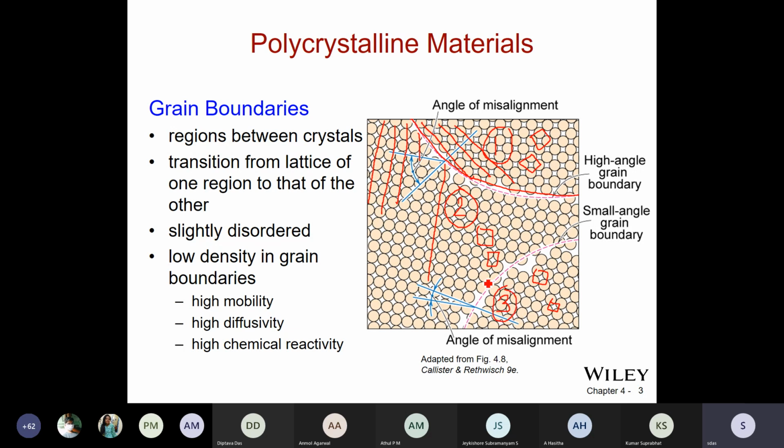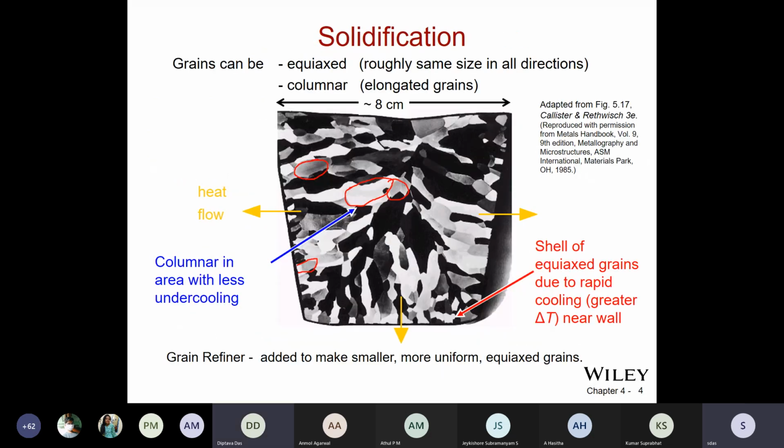So this grain number 3 is arranged in a different way. Same crystal structure. So the boundaries between grain number 1, grain number 2 and grain number 3 arise, this is the boundary, because of the orientation difference from one grain to another grain. And this is called a grain boundary. Yes, I got it.